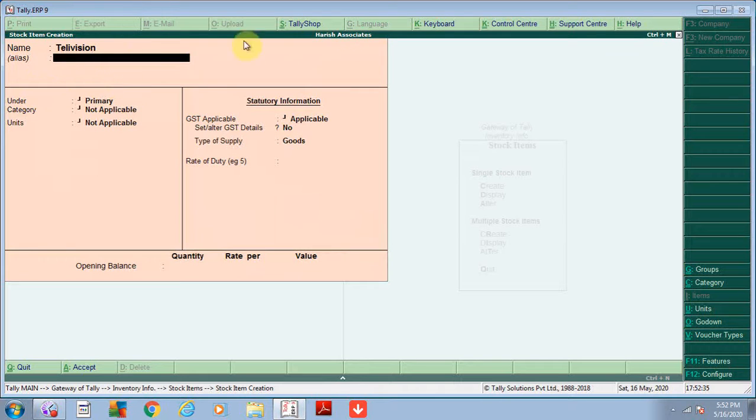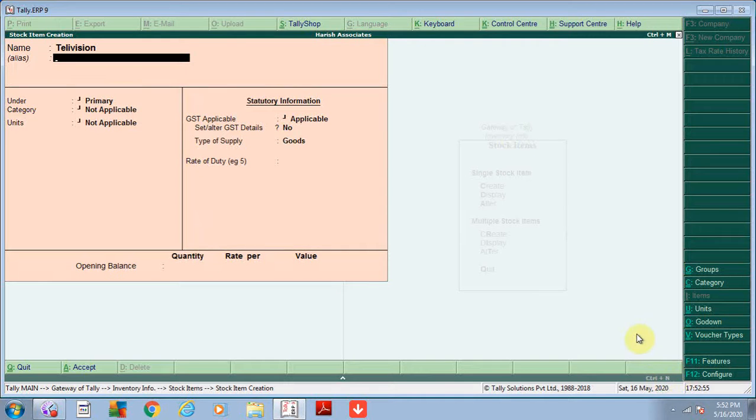If a company has some stock item and has a part number for it, or you want to add a description of the stock item, for this purpose you will just have to switch on this button and accept yes.